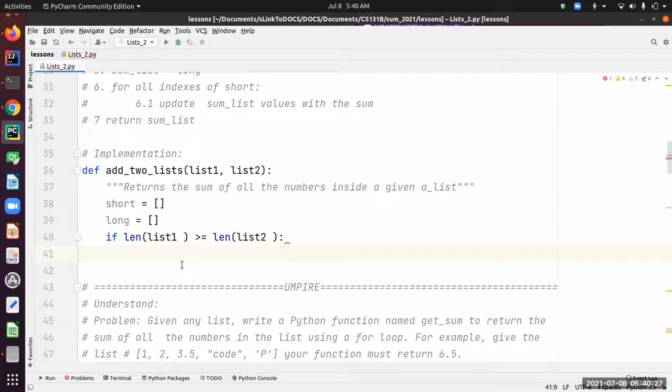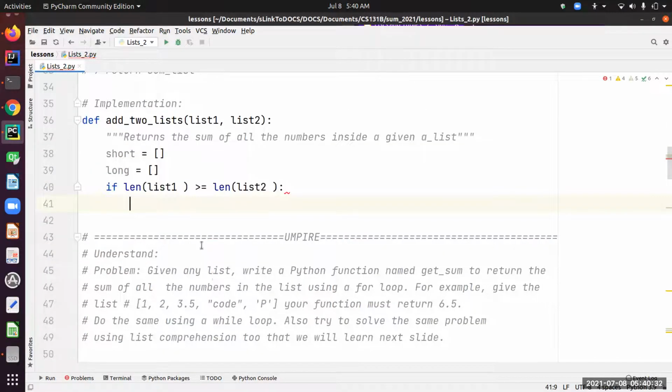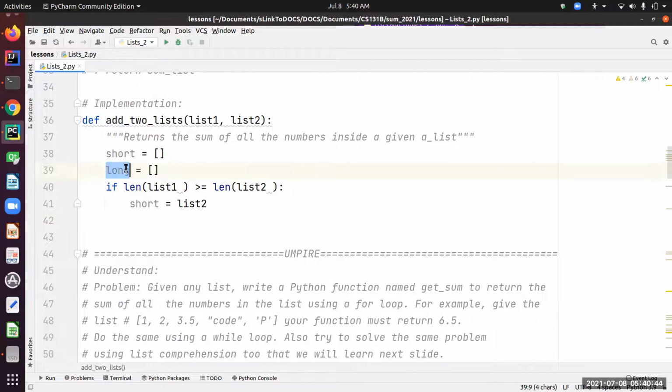Okay, so short is list. Okay, so short equals list one, oh sorry, list two, and long equals, oops, all right, list one. Okay,